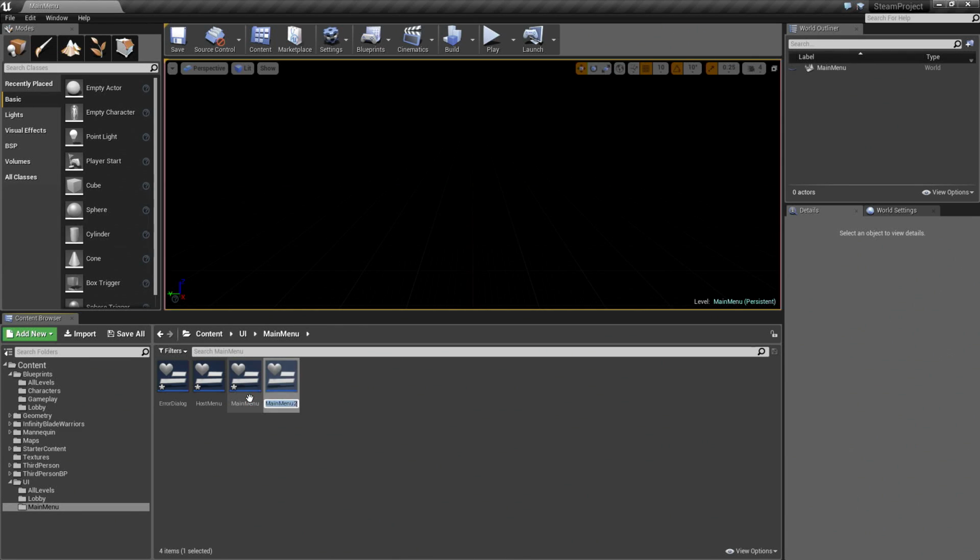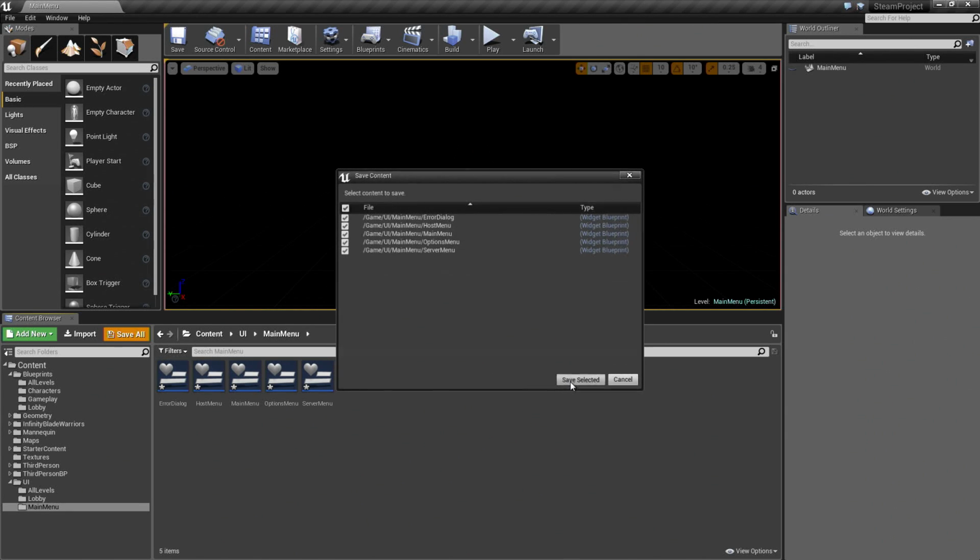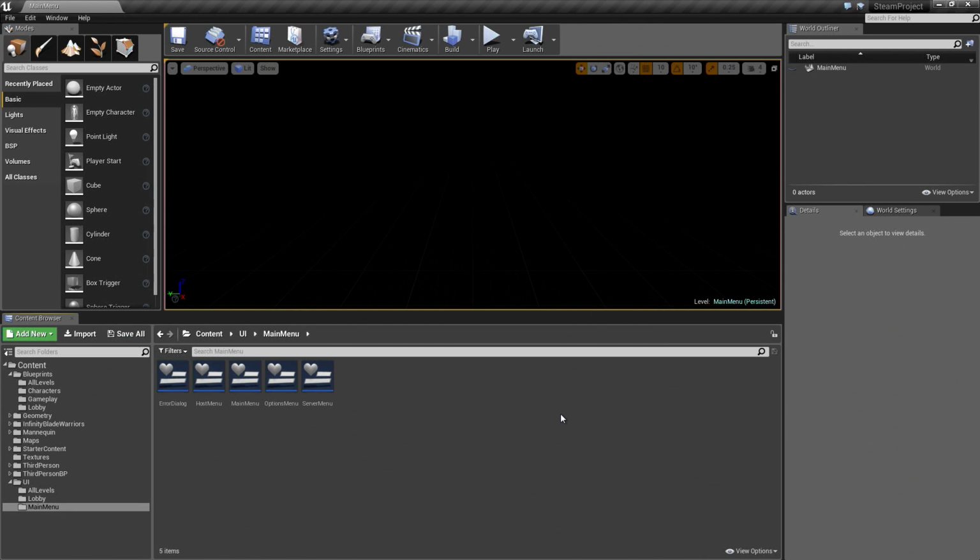Control W. And we'll call this one options menu. So the actual options menu. And then one more, Control W, we'll call this server menu. And this is what happens when you click find a game. You'll be presented with this menu. Okay, let's save all of those. And most of our assets should be set up. There's a couple things that we'll need to do inside the project settings. And then we'll do some animation retargeting to set up our animation blueprints, and then we'll wrap this video.